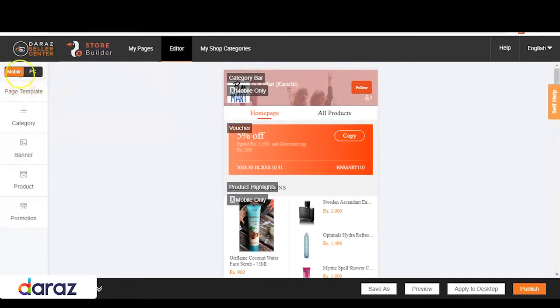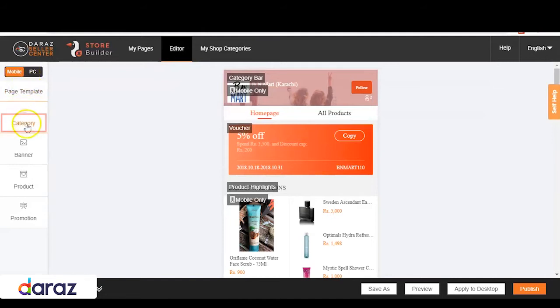These clickable tabs include Mobile PC View, an option for different views for mobile store page and PC store page. This option can be used to customize and design your store layout for the mobile version and PC version separately. You can also keep the display settings same for mobile and PC so that you do not have to design both versions. Page template, an option giving you several templates to help you start designing and customizing your store page.